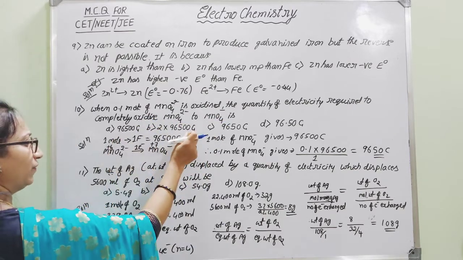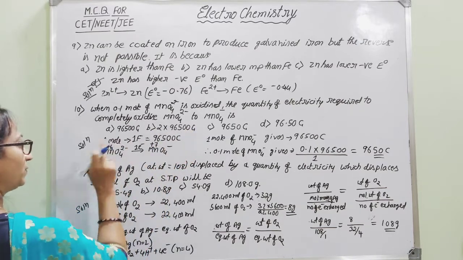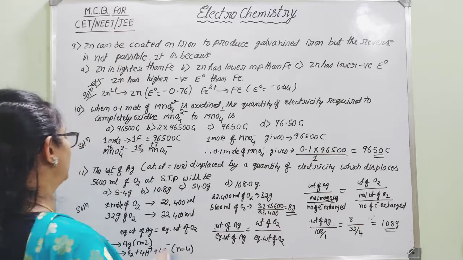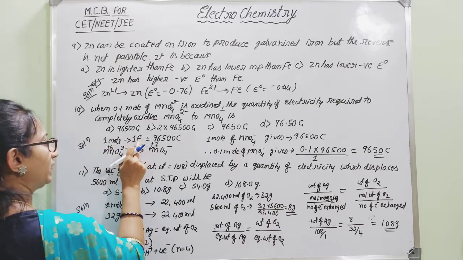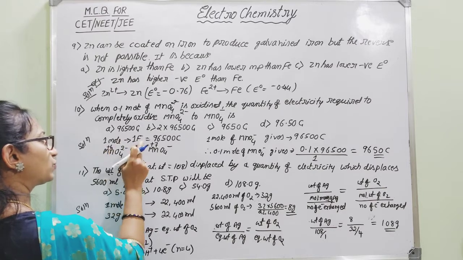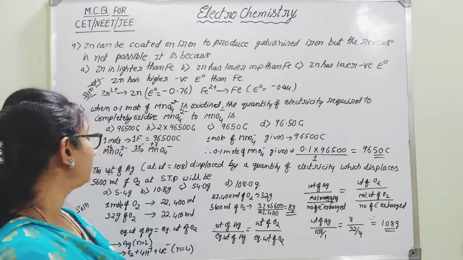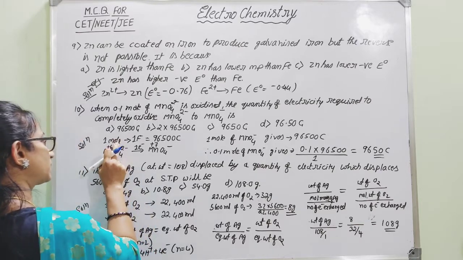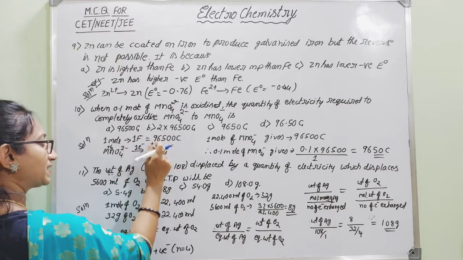Here you have to find that value of electricity in terms of coulombs. You just remember, for the oxidation of 1 mole of this compound, we always require 1 Faraday of electricity. For the oxidation of any substance corresponding to 1 mole, we have to pass 1 Faraday of electricity. That is exactly equal to